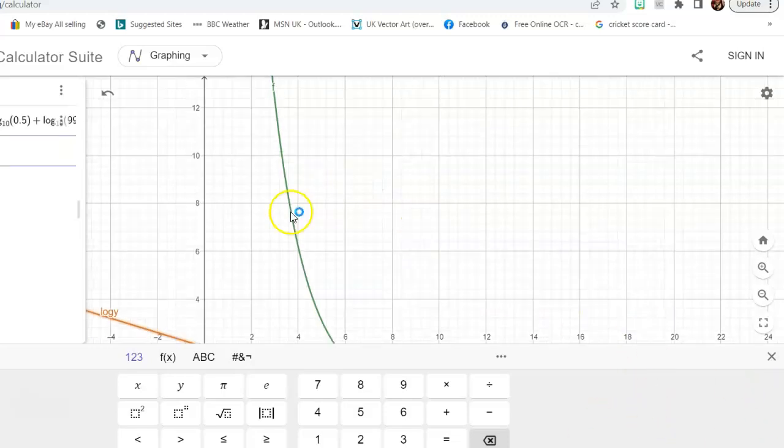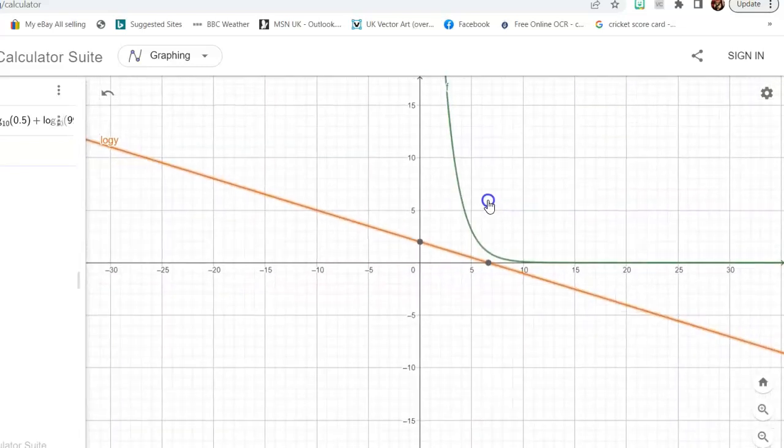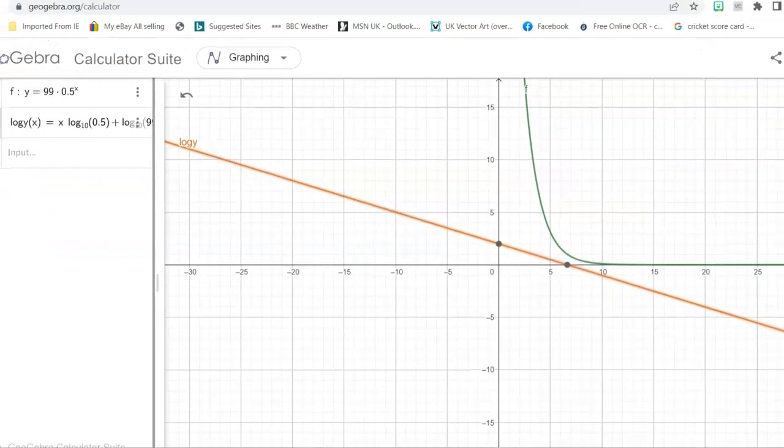Okay. Now hopefully you can see that there now. We have now got a straight line. Okay, we've got log y equals... you can't see that because the screen's not quite in the right place. There we go. I've plotted log y as our function of x is equal to x times log to the